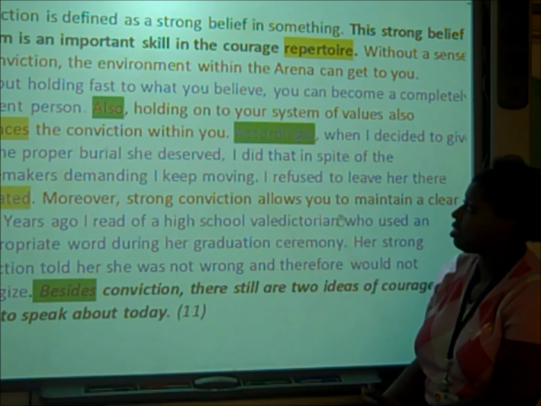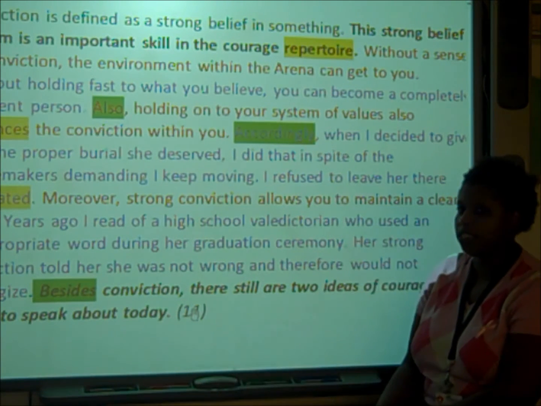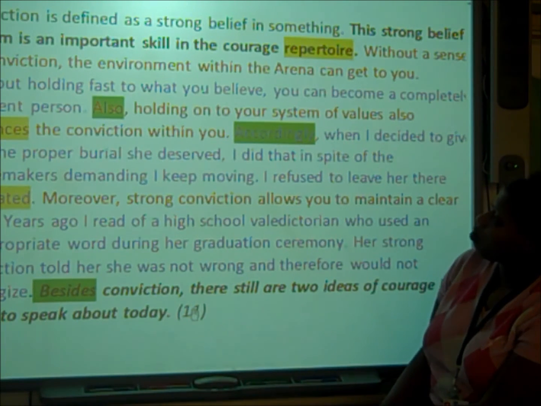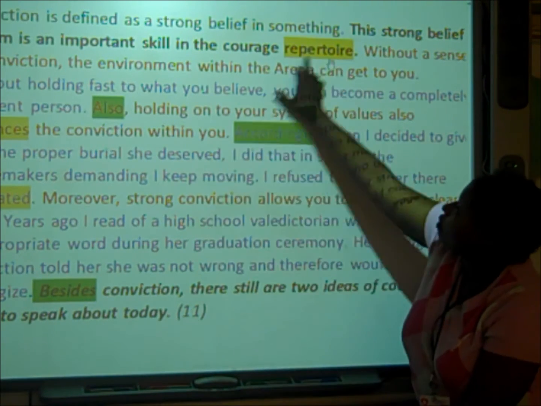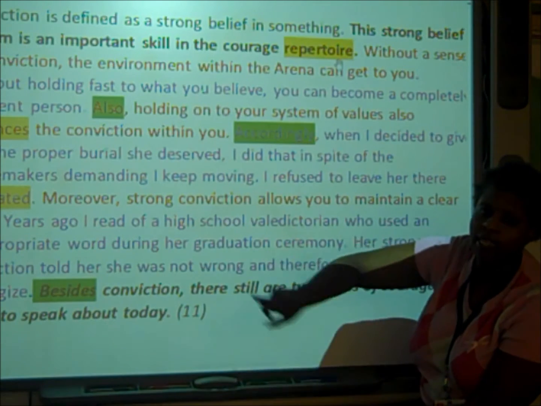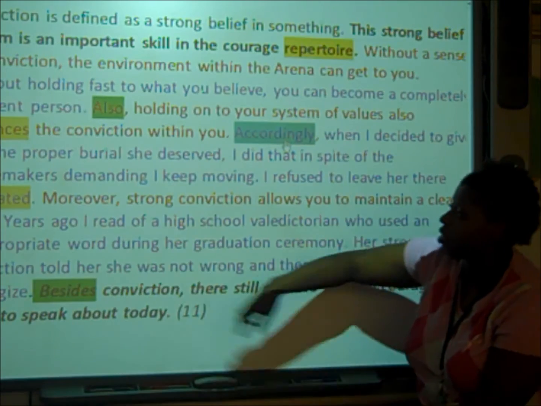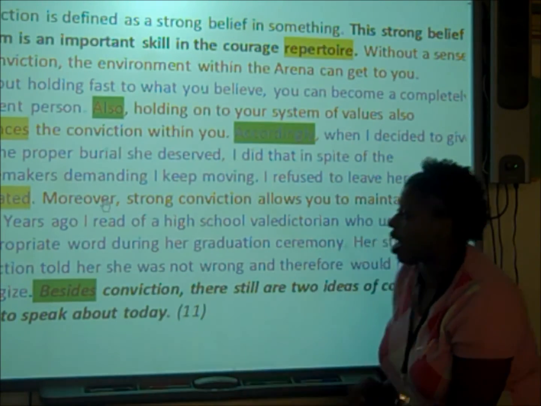Based on the number of sentences I ended up writing 11 sentences, so a minimum of 8. But you can go more. Notice I have my 3 vocabulary words: repertoire, enhances, mutilated. I have my transition words also accordingly: moreover, besides,